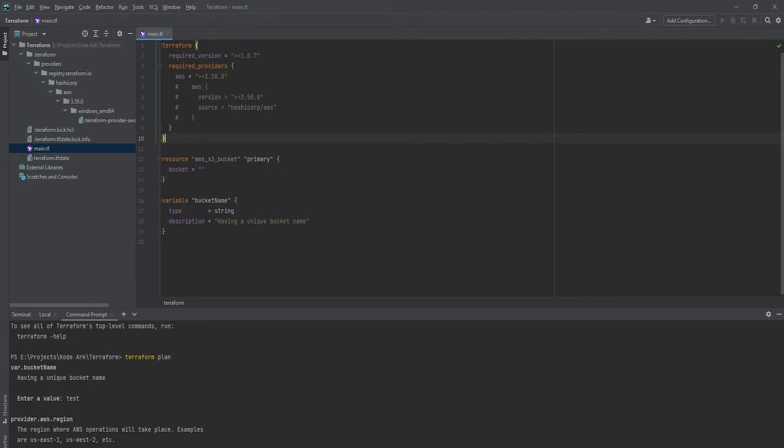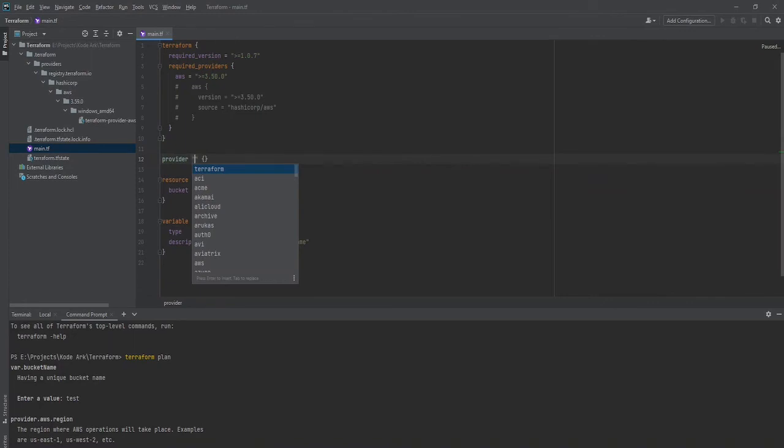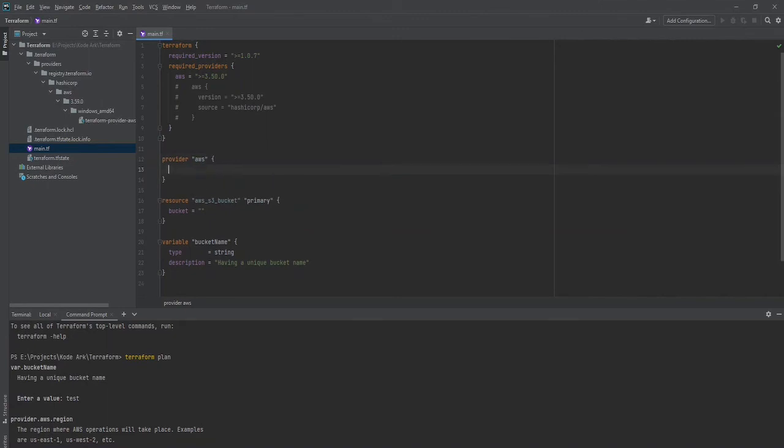Hence this provider, the AWS provider, is asking for that information. So we need to have the provider defined here, and we can say aws, and the region is us-west-2 or any other region as per choice.